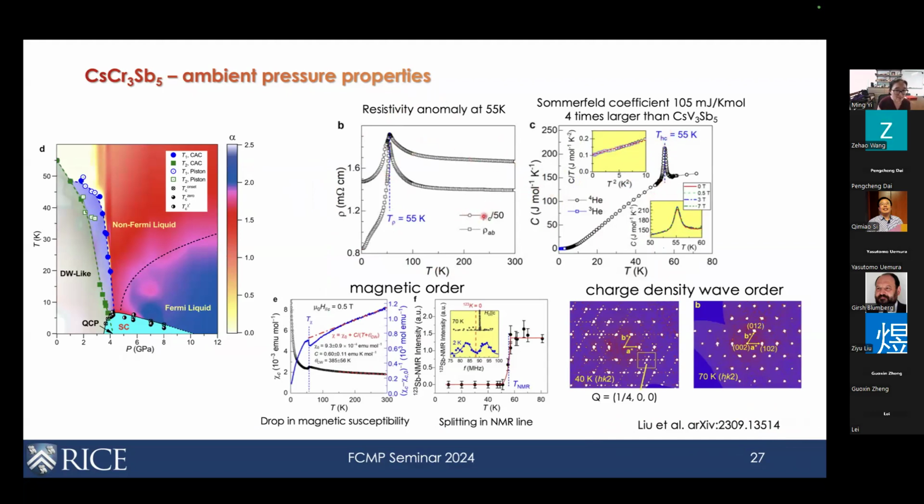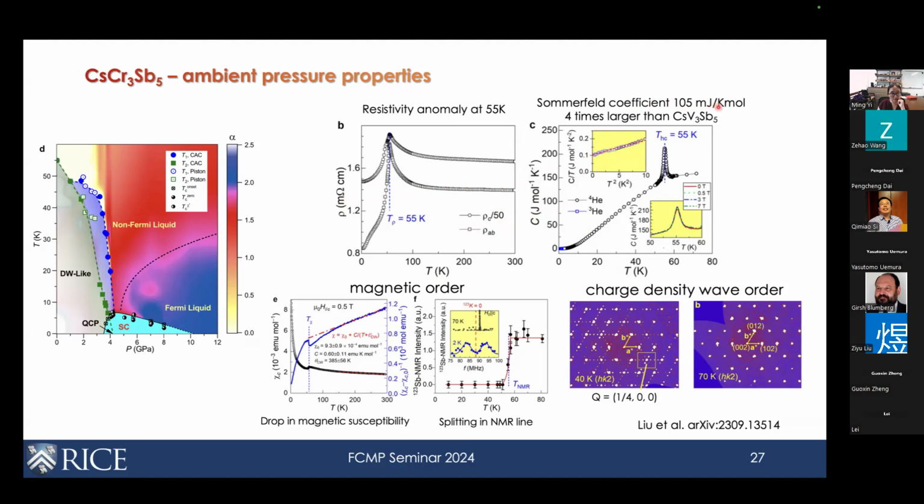You can see that the in-plane resistivity and the out-of-plane resistivity are quite different. So this is somewhat two-dimensional. And then the value of the resistivity is on the order of milliohm centimeter. What's also very interesting is that from the heat capacity measurement, they can extrapolate the Sommerfeld coefficient to be 105